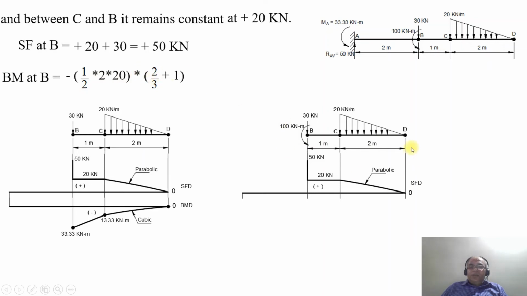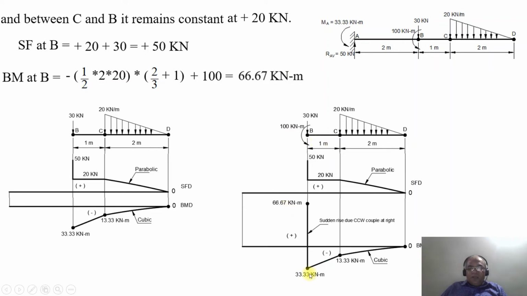Since it is the counterclockwise couple, the bending moment will sag, so naturally it becomes positive. So plus 100, on simplification, you will get 66.67 kilonewton meter. Then the bending moment increases suddenly from minus 33.33 kilonewton meter to plus 66.67 kilonewton meter, due to the counterclockwise couple acting at the point B. So that is what we got here, from minus 33.33 to plus 66.67 kilonewton meter, a sudden rise due to the counterclockwise